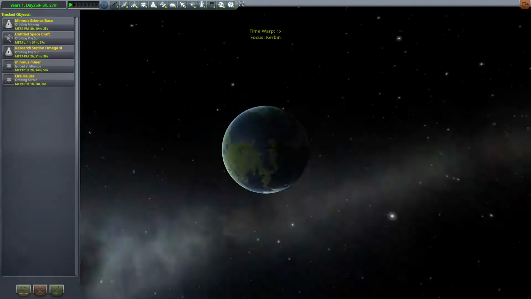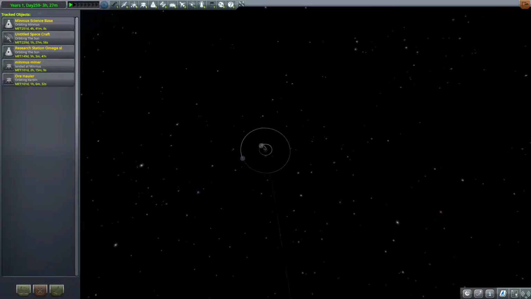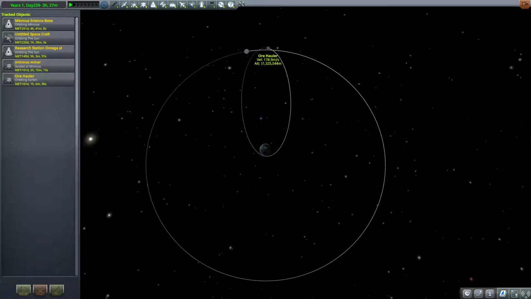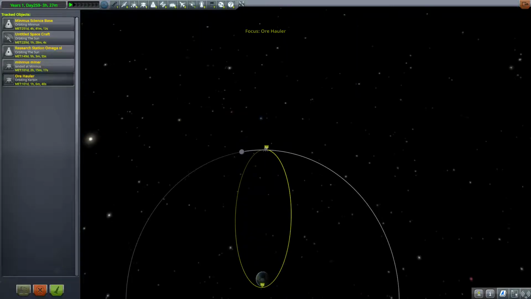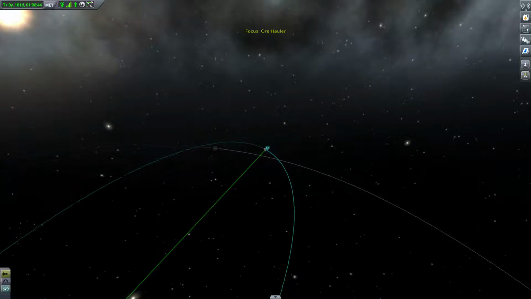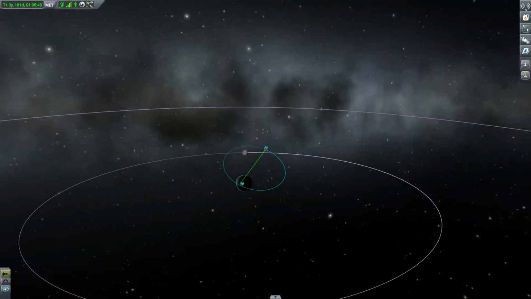In the last episode we got our research station headed towards Duna, so now let's actually make the trip. Well, the first thing we're going to need to do is do our transfer burn on our ore hauler here. And as we so often do, we want to do the burn close to our Perry here. Why do we always do a burn at our Perry? Well,